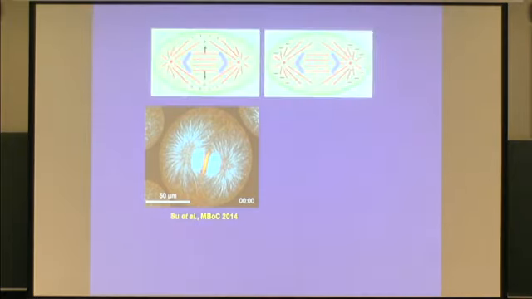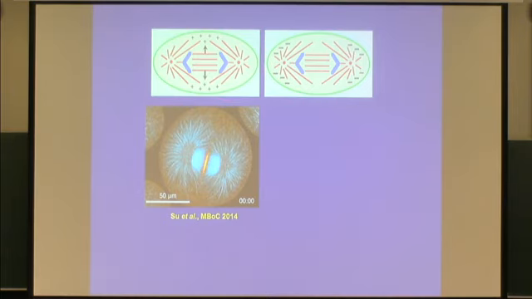So to explain this result, two major hypotheses have been proposed. The so-called equatorial activation model postulates that there is a positive signal emitted from the central spindle, which is this bundle of overlapping microtubules, that induces the furrow at the equator. The alternative hypothesis is the so-called polar relaxation, which postulates that the ends of astral microtubules emit some kind of negative signal that suppresses furrow formation. That being said, the two hypotheses are not necessarily mutually exclusive.